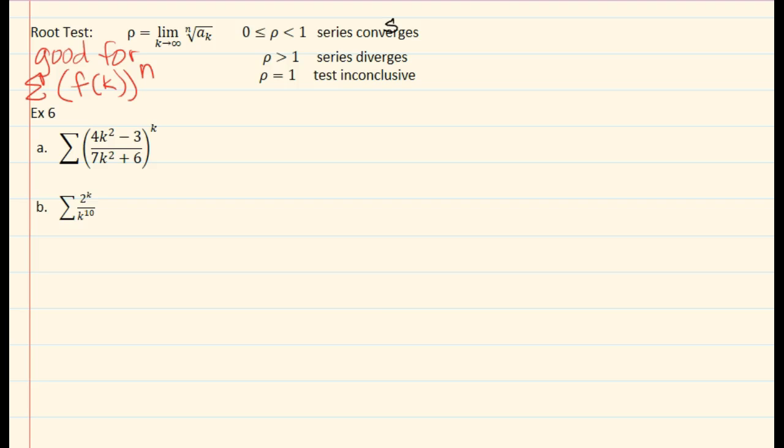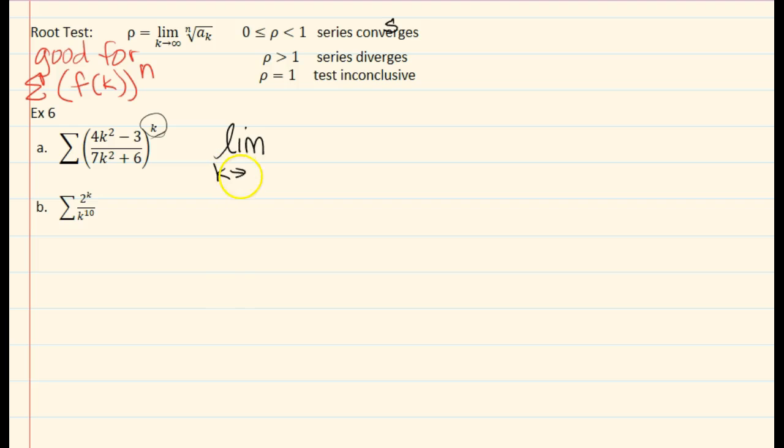Here we see that we have the infinite sum of a polynomial divided by a polynomial, to the k term. Again, we can use the divergence test if we like, but then we have to deal with that k exponent. So let's just jump to the root test because it will tell me if it diverges or not. With that in mind, let's do the limit